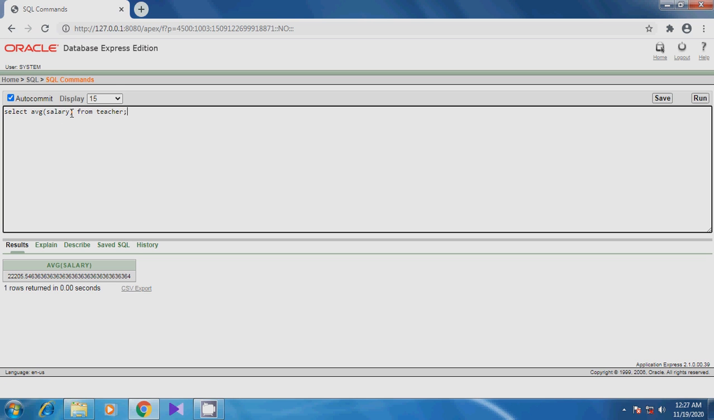Okay, so similarly, if you see in the textbook, you can find the maximum salary also, and the minimum salary also, just by changing this to max. So the maximum salary is 27,000, or we can find the minimum salary also. So here the minimum salary is 15,